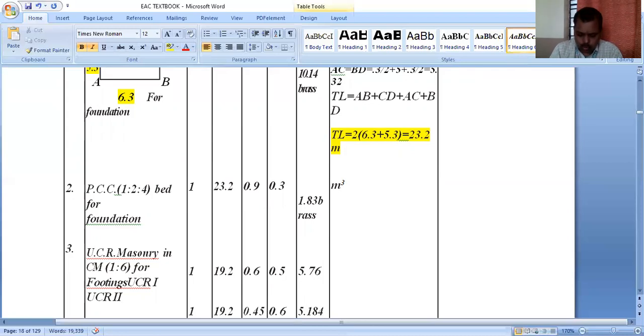It will be 1 into 23.2 into 0.9 into 0.3. It will be 2.264